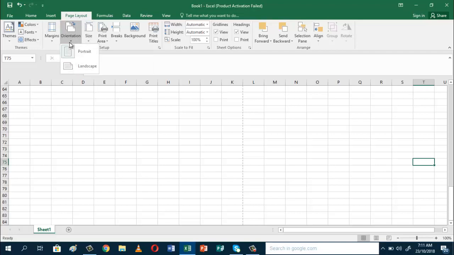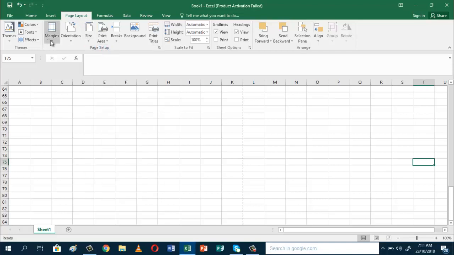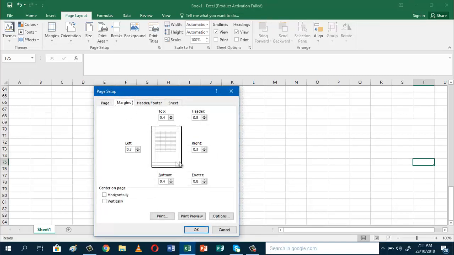So we need to set the orientation. Let us say we wanted it in portrait orientation. The size, I will be using A4, and then the margin, I will customize the margin. So I have set the margin to 10.05